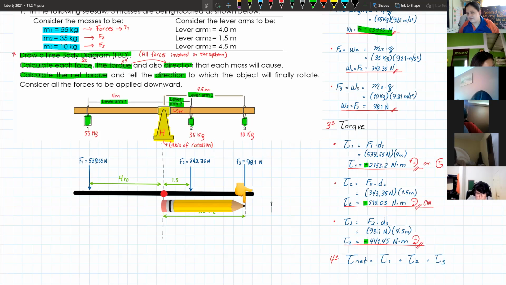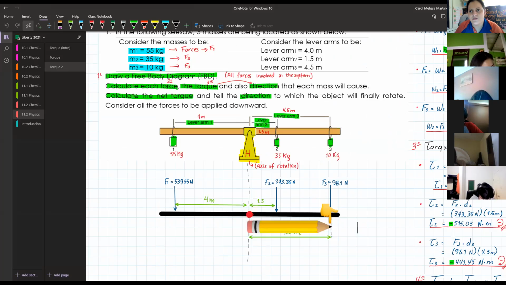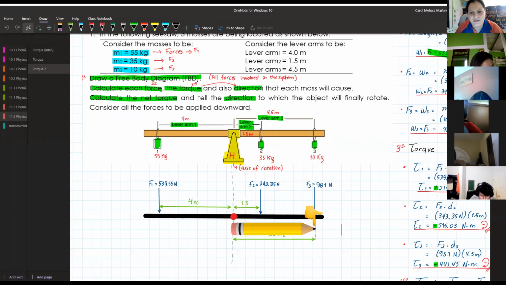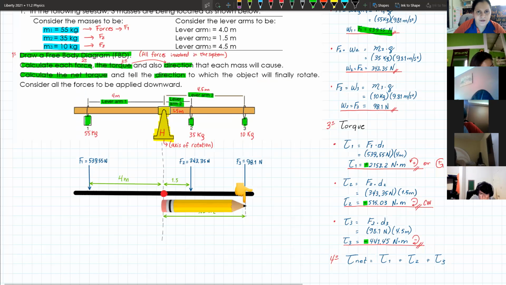I don't know if we have the time. Let's see. Oh, yes, we had the time to do it. I didn't have the time to finish the other section, so I thought the class was about to finish. So